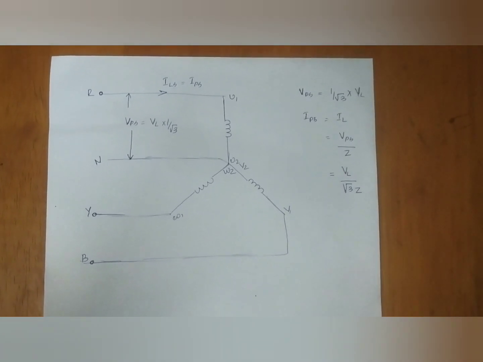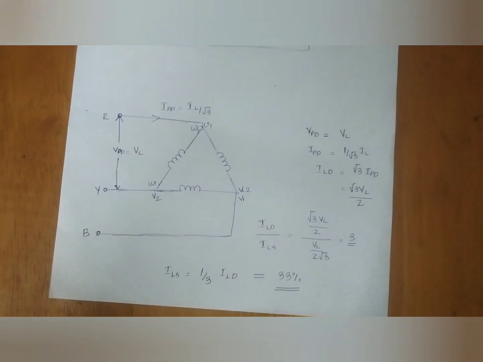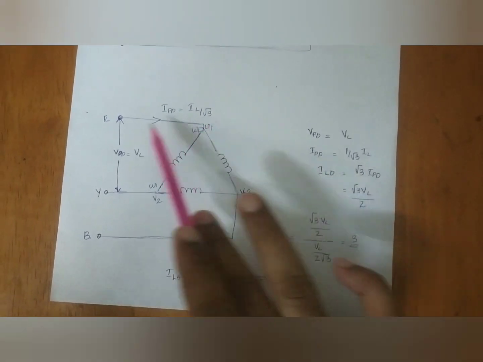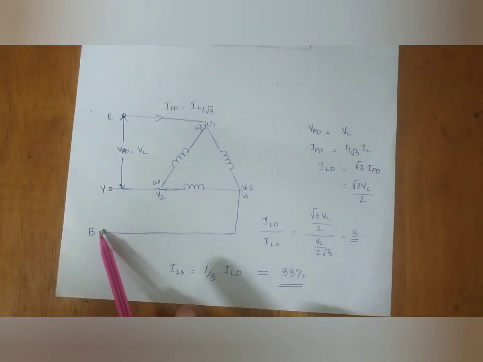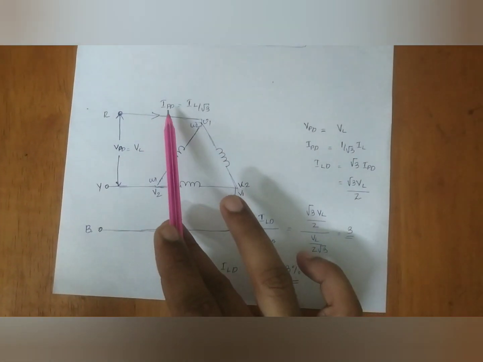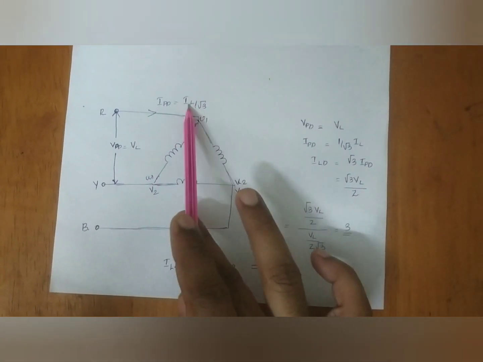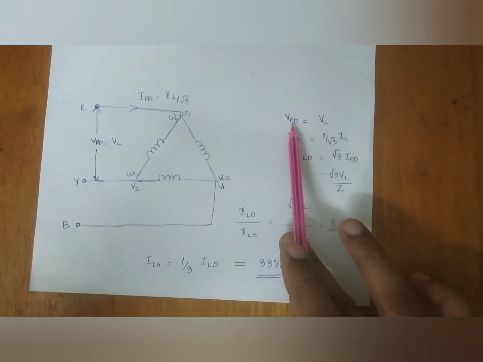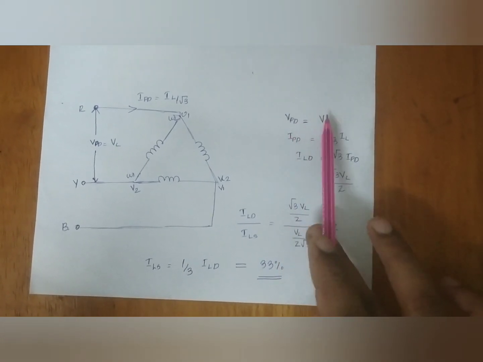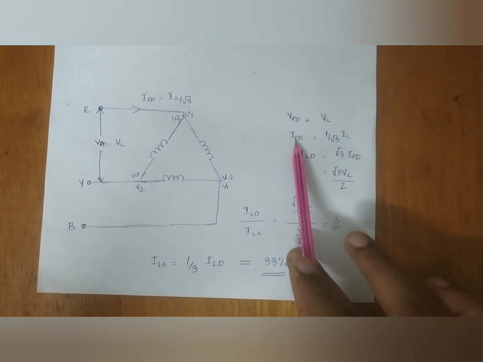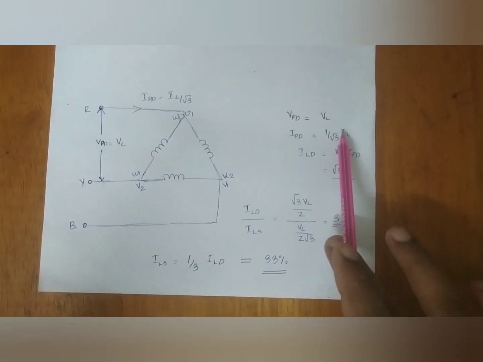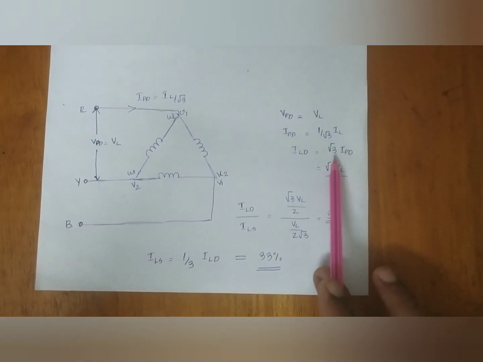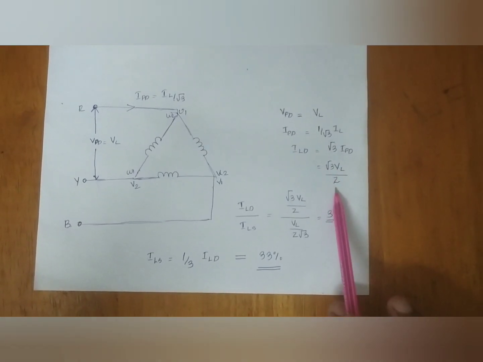Okay, we can see now the delta connection. In delta connection, each of the windings will be fed by two independent phases. You can see U1 is fed by red phase and the U2 is fed by blue phase. And in this connection, phase current in delta will be 1 by root 3 times the line current, and the phase voltage in delta will be same as that of the line voltage. Line current in delta will be root 3 times the phase current, which is equal to root 3 into VL by Z.